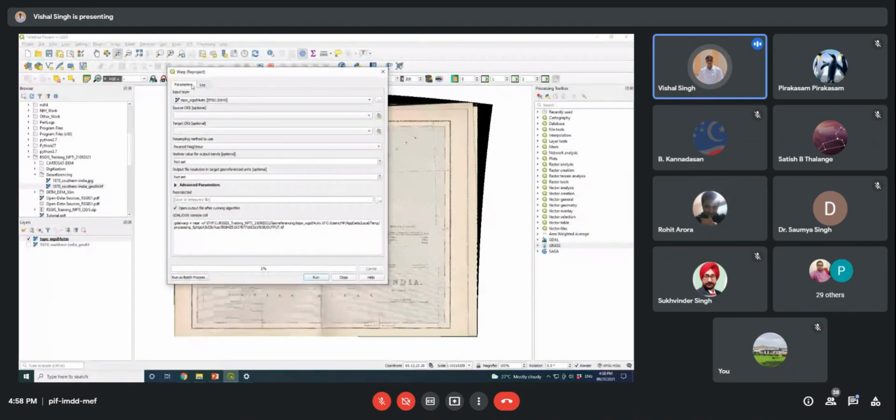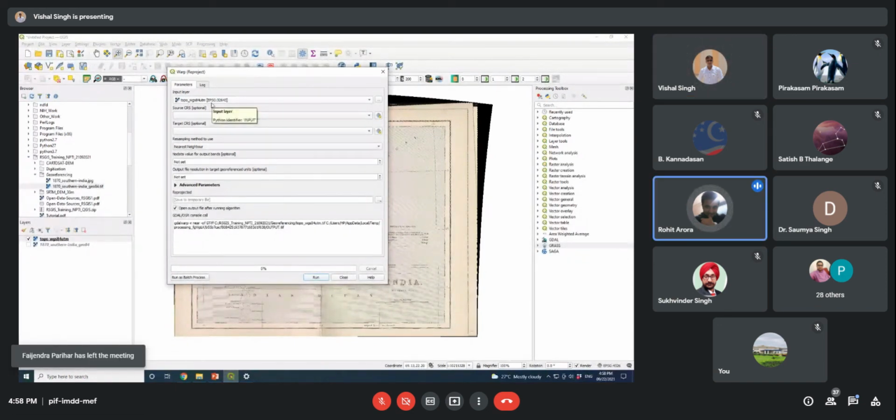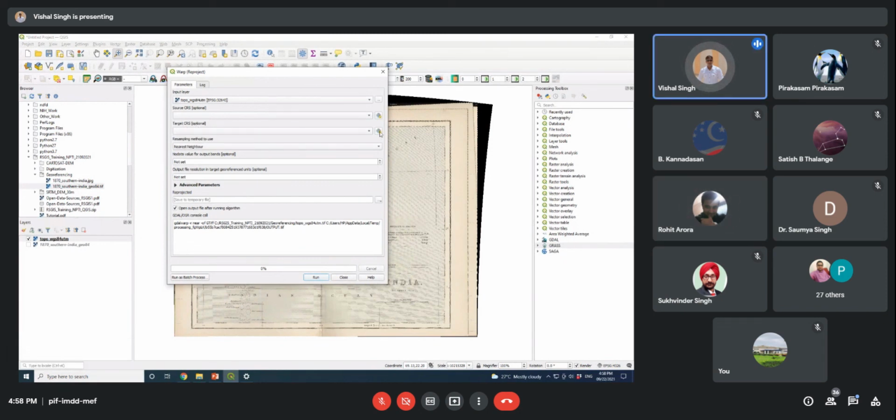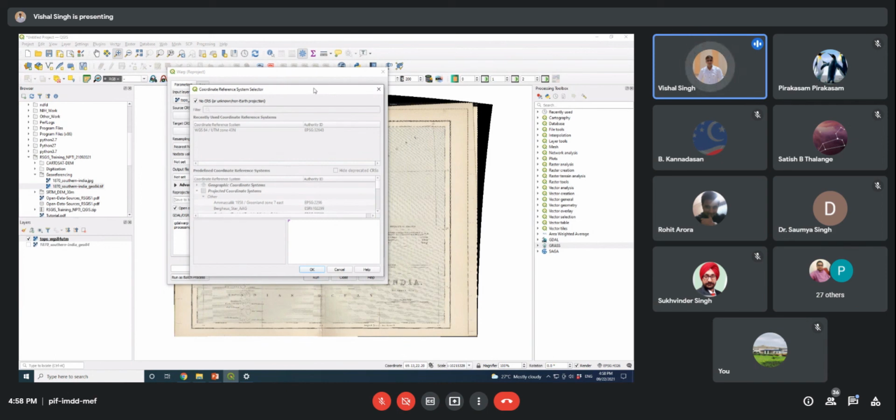Reproject. Open this window. In the input layer, you need to select this. Yes, already selected. Then you can see the target CRS, this third option. Yes. You just need to select here. You can see here, select CRS, explore it. This window will be popped up.